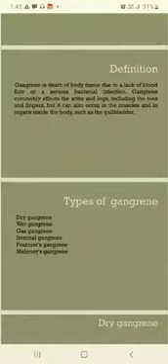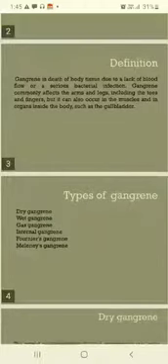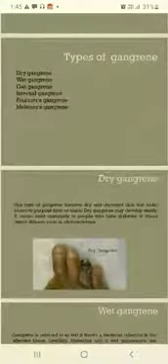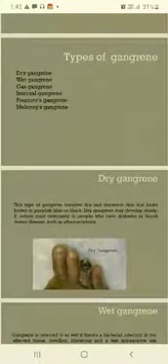Gangrene is death of body tissues due to a lack of blood flow or a serious bacterial infection. Gangrene commonly affects the arms and legs, including the toes and fingers, but it can also occur in the muscles and in organs inside the body, such as the gallbladder. There are six types of gangrene: dry gangrene, wet gangrene, gas gangrene, internal gangrene, Fournier's gangrene, and Meleney's gangrene.